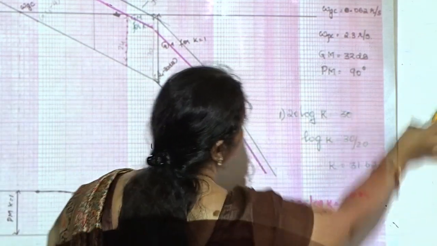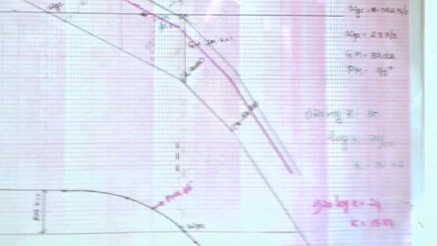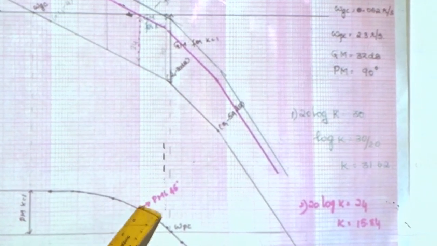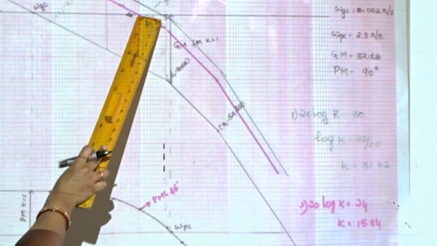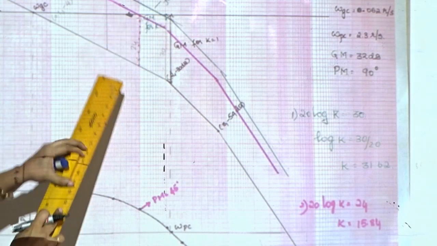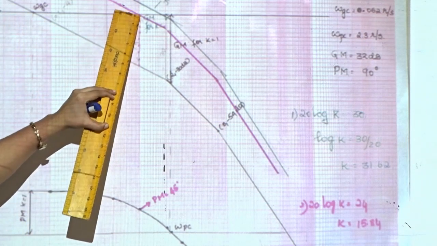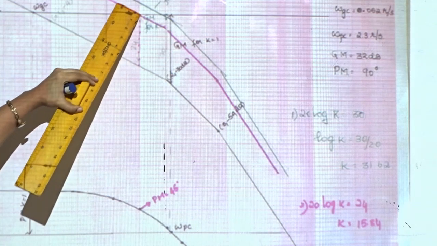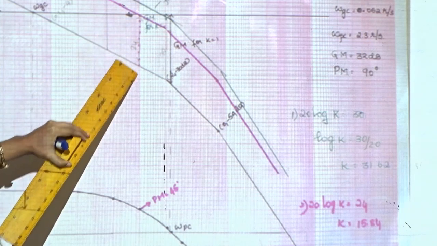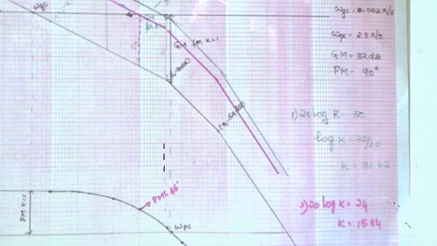This was the problem, and I hope you have understood. You have to shift it accordingly to the required value. If it is a phase margin, where will we get it? The phase margin is where it crosses the 0 dB line. It was originally here, now we shifted it up. See the pink line, the original line was this. We shifted it up and see the new gain crossover. The new gain crossover is here. At the same point we get 45. So by how much did we shift it up? By 24 dB. This completes this problem.